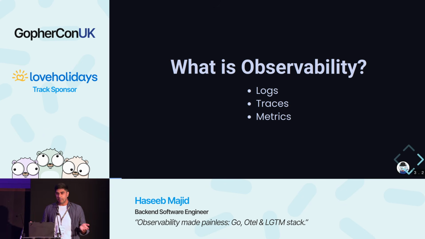And then finally, we have metrics, which are there for aggregating numerical data, and generally don't have a lot of context. For those of you wondering what I mean by context, I will cover that. But essentially, we just mean extra information. Metrics on their own don't give you loads of information. They're great for analyzing trends. And we'll cover all three of these in some level of detail, particularly focusing on tracing in this